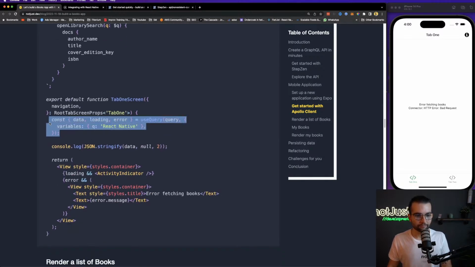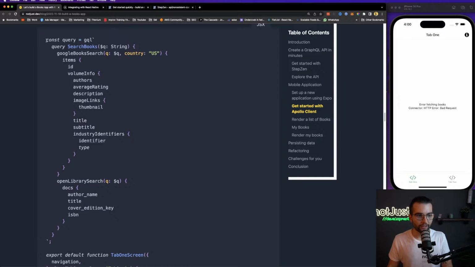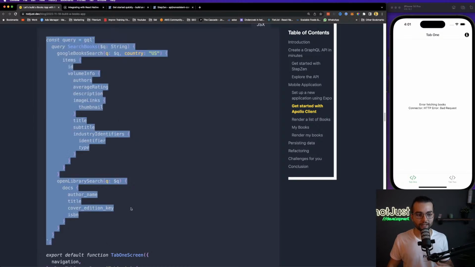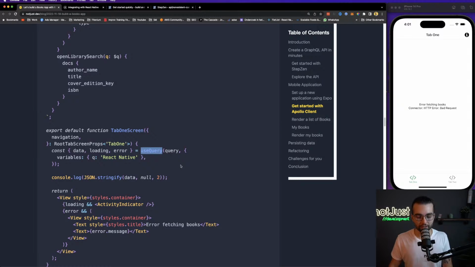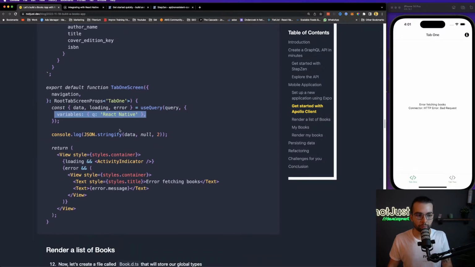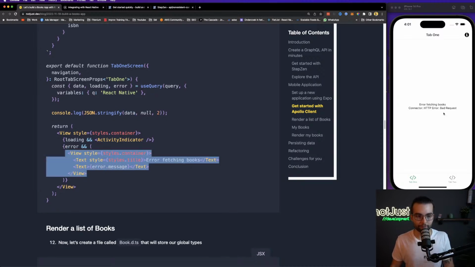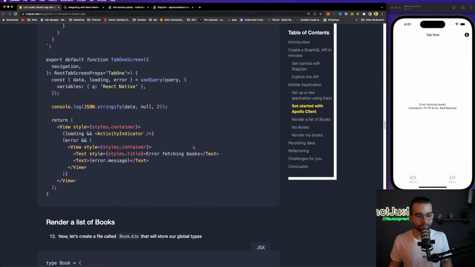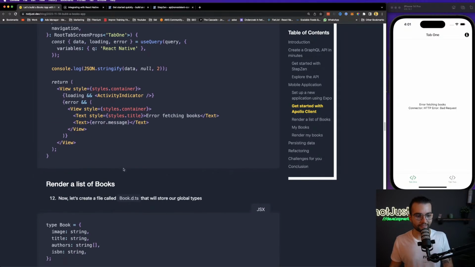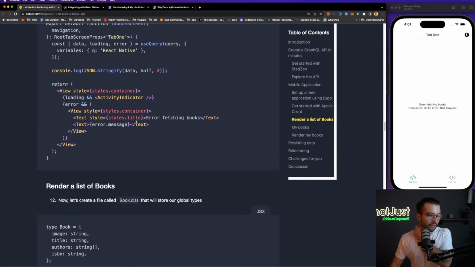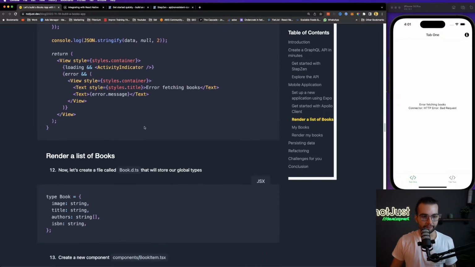So to summarize, we define the GraphQL query that we want to run. Then using the use query hook imported from Apollo, we are running this query with these variables. And we get back in return 3 properties: data, loading, and error. With the data, we can simply display it on the screen. With the error, we also display it on the screen if it happens. And the data we will render it in the next step. So speaking about rendering,